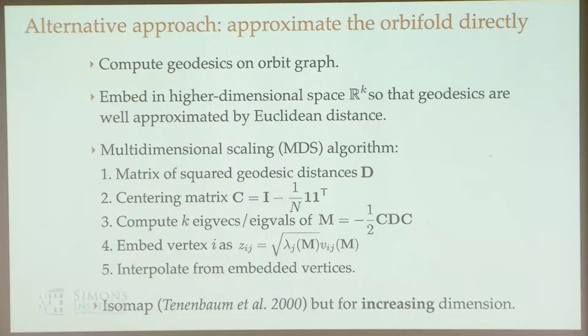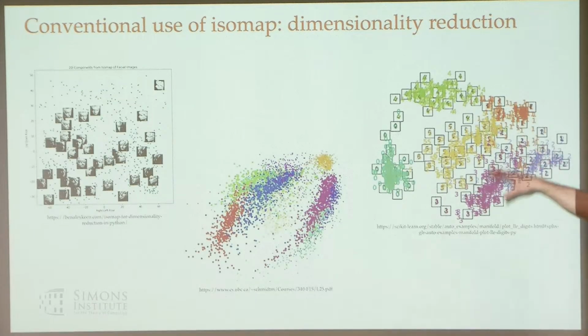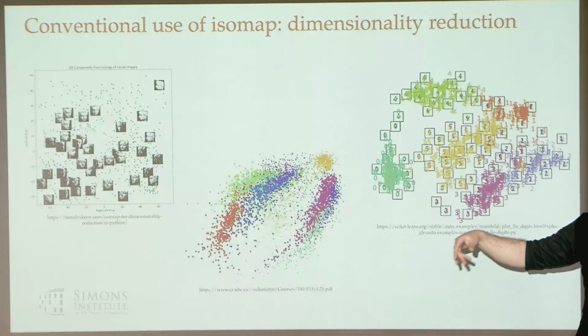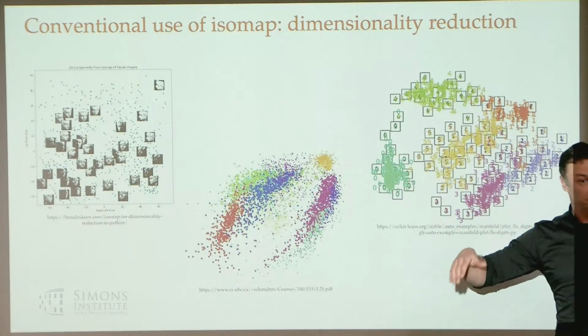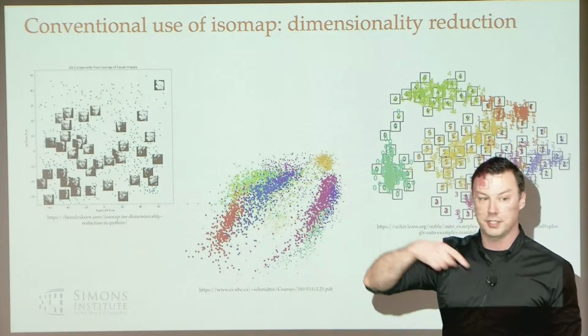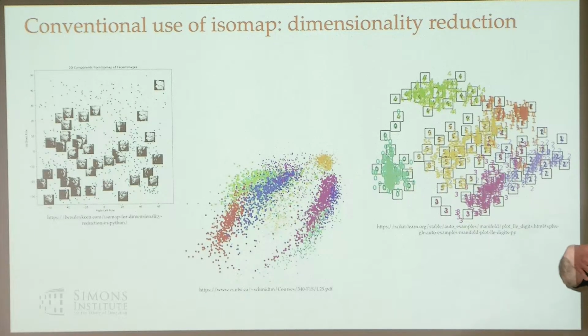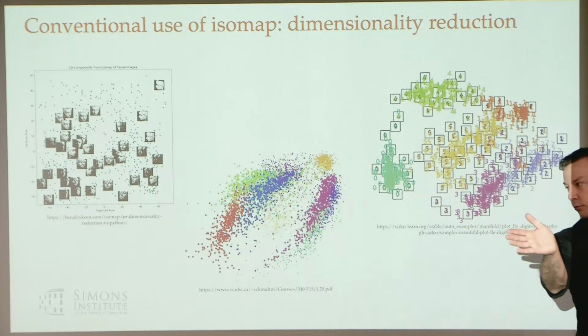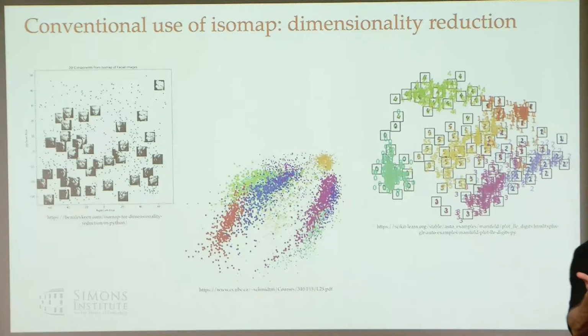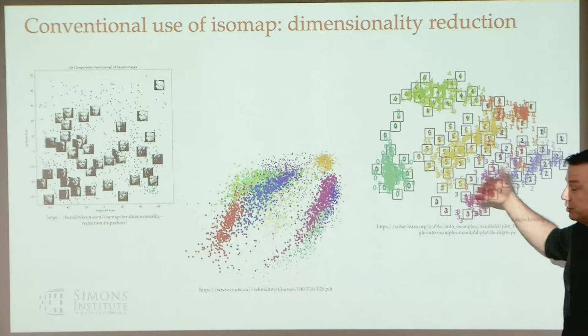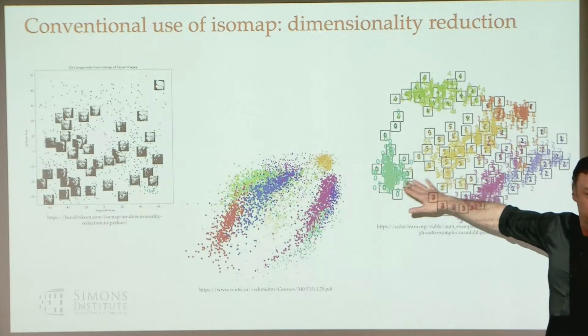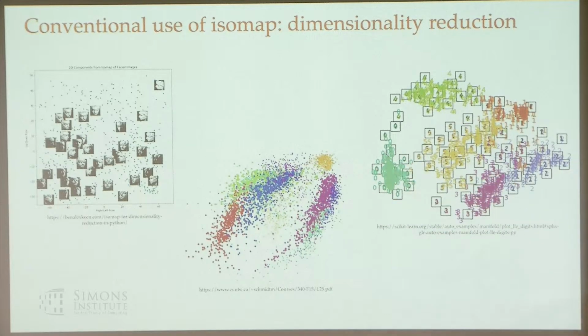So you have some high dimensional data, and what you would do is take your data set and build this same kind of graph based on nearest neighbors. You compute that geodesic between all of your data. And so this has the property that if your data live on some weird manifold in high dimensions, then if you could follow the manifold around to get to some of the other data, that feels like the sort of data-respecting metric. And then once you do that, you do this MDS in two dimensions, and you get a visualization that you can look at. And so this again is kind of a predecessor to things like t-SNE and UMAP.